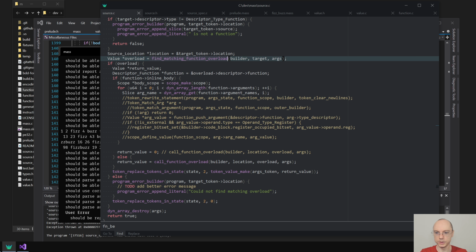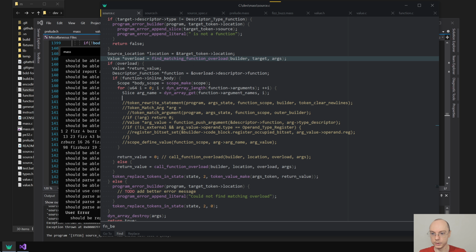It's just strictly positional. We don't need to do anything else here besides just saying, okay, we'll get the name for this argument at this position, and then we will simply do scope define value,